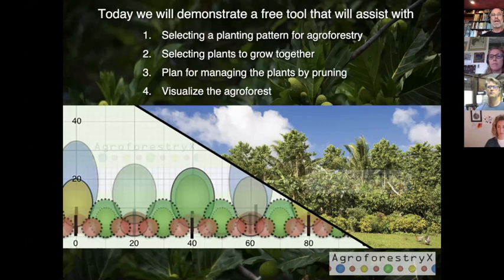We will present assistance in selecting plants to fit within that pattern. And we will also show you how the tool helps you manage the plants through pruning, manage the layering of the canopies, and also visualizing the agroforest, not just at one point in time, but the progression over a number of years.